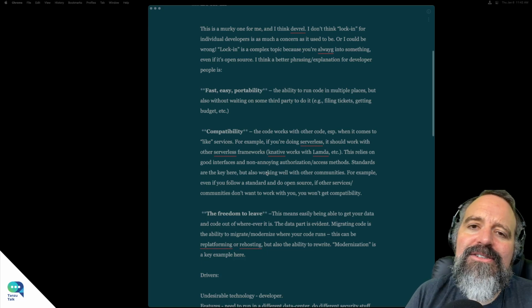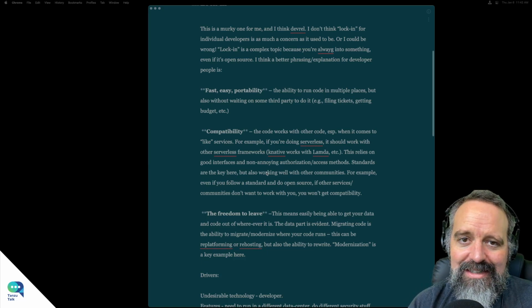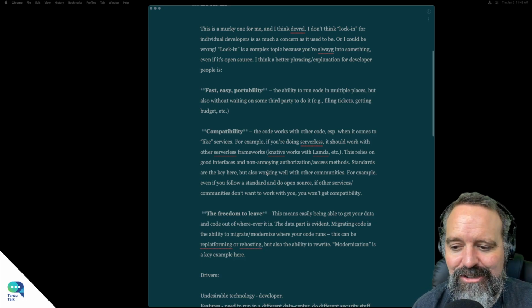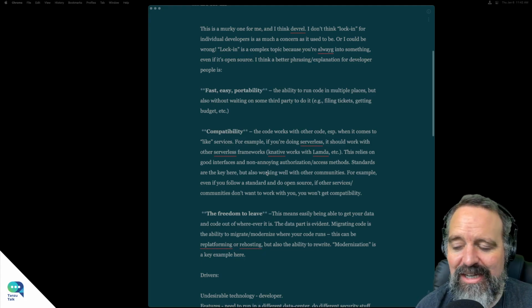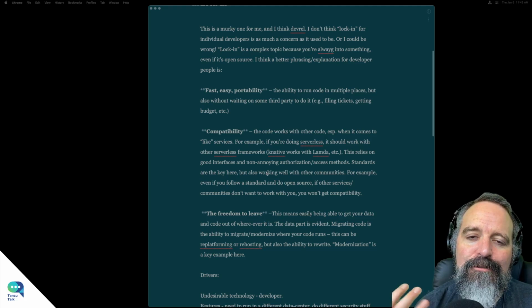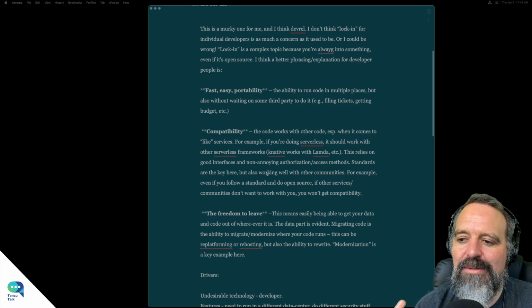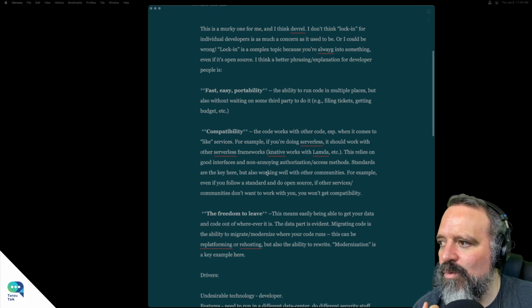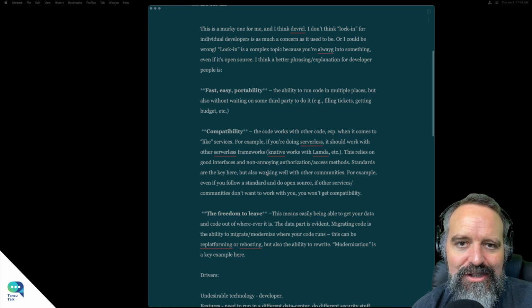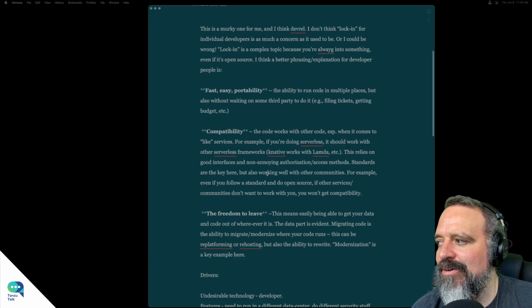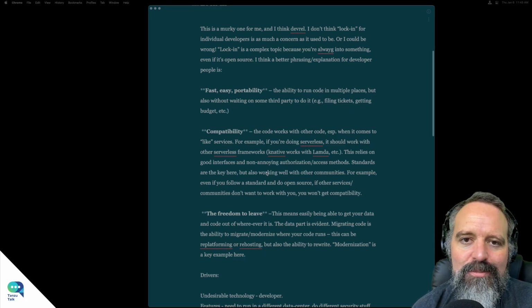So those, I think, are things that people really want. That's the opposite of lock-in. We want it to be pretty much easy to use a new technology, and we want portability for our applications and data layers, right? To put it another way, and this is something I think Simon Phipps came up with way back in the 2000s: you want the freedom to leave, right? That's a good way of summarizing it, whether or not the stack that you're using is open source and completely open, or it's more proprietary.